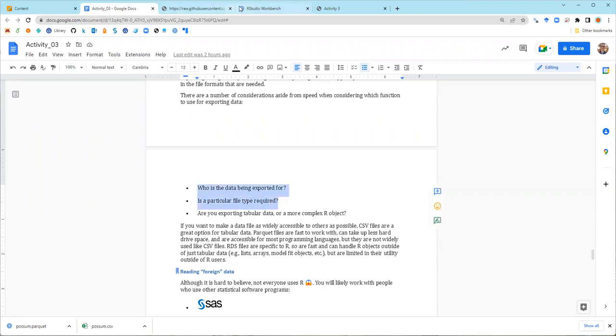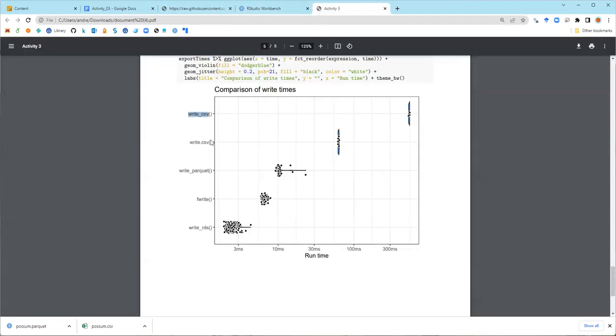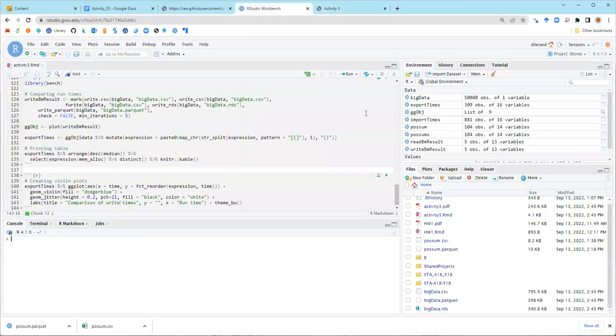So note that all these approaches we've looked at so far, we've been using what we'd call tabular data, with rows and columns. But you can have objects in R that are more complex than that. So you can have three-dimensional arrays. You can also have what are called list objects, which don't have as consistent of a structure. It's not a tabular form like a data frame or data table is in R. So a list,